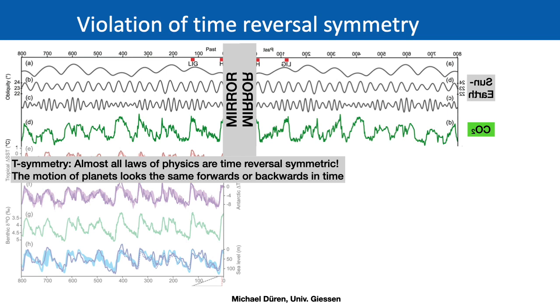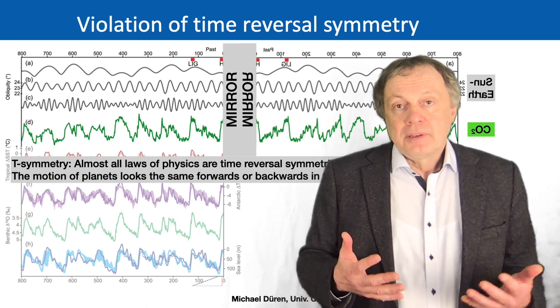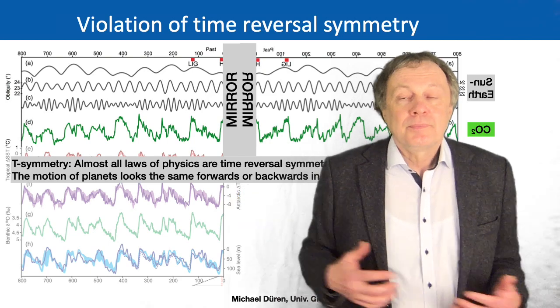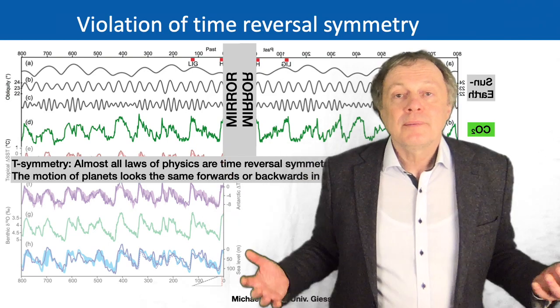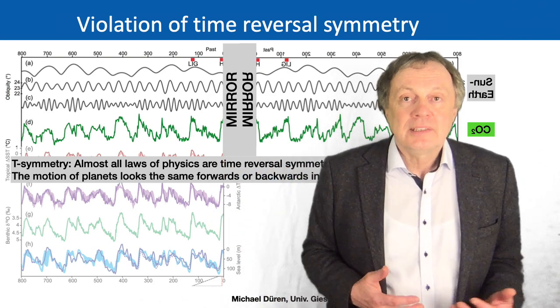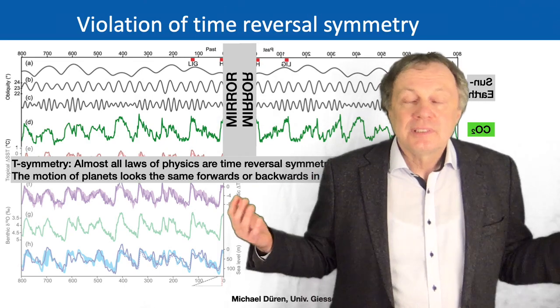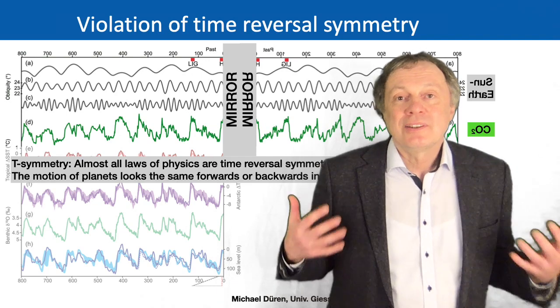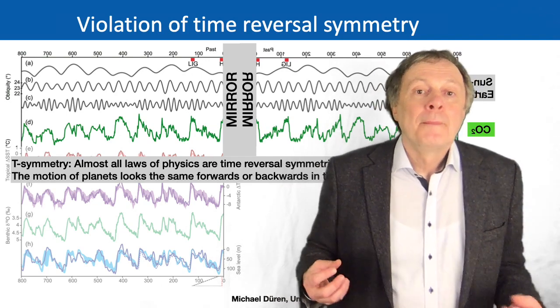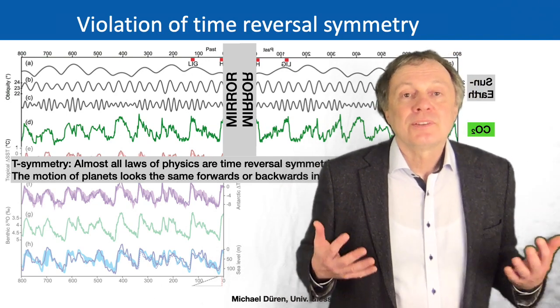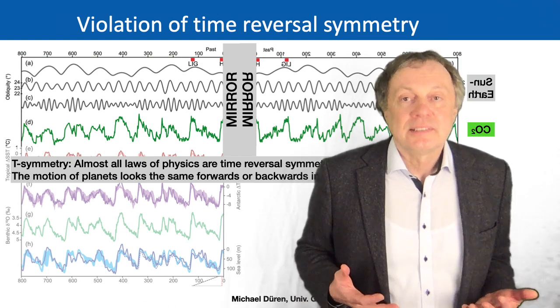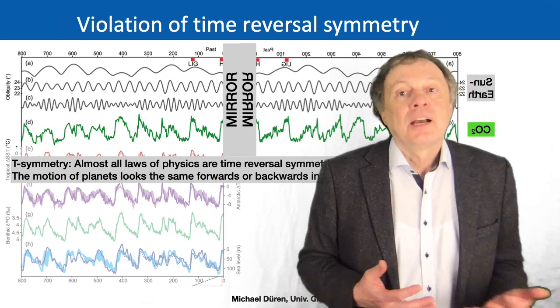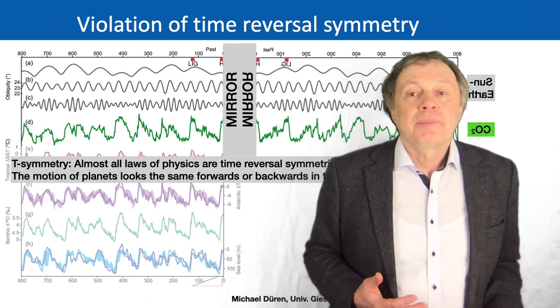And actually all classical physics systems have to obey time reversal. So if you have a motion somewhere, if you make a video and something is moving, if you run the movie backwards in time, you see the motion in the other direction, and there's a physics law that says that all these basic movements can be inverted without you being able to distinguish what is forward and what is backward.